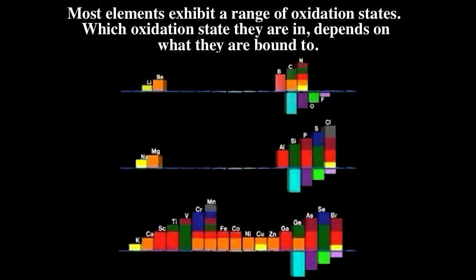Again, if you look at nitrogen, it can actually go from a +5 to a -3. It depends on whether it's bound to something that's more electronegative or less electronegative. If it's bound to something more electronegative, then the nitrogen will have a positive oxidation state. If it's bound to something less electronegative, then it will get the bonding electrons and it will have a negative oxidation state. So many compounds have a wide range of oxidation states, like carbon, nitrogen, phosphorus, sulfur,